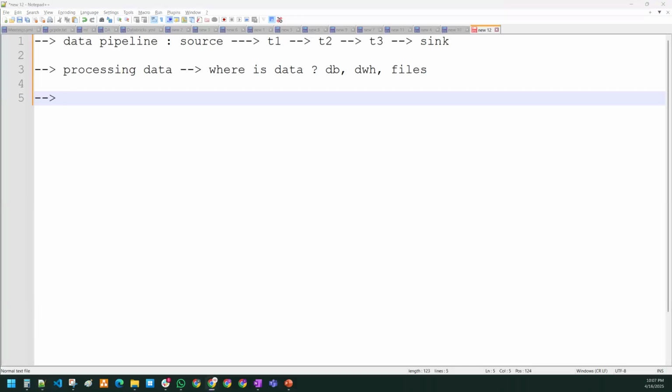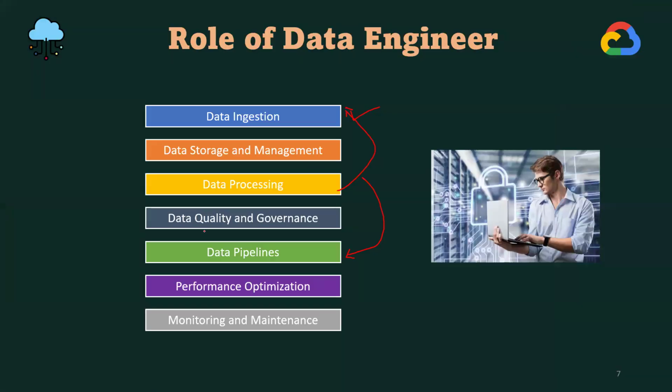Kalpataru, do you have any question? You have shown in the last slide that there are 7 to 8 modules or components of data engineering. Suppose some people have 10 or 14 years of experience in some database. Let's not worry about that. Let us stick to this particular topic of data engineering. If you have any question about your role, we will try to tackle it at the end.